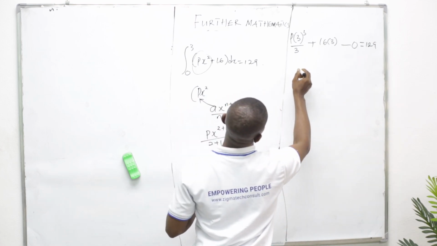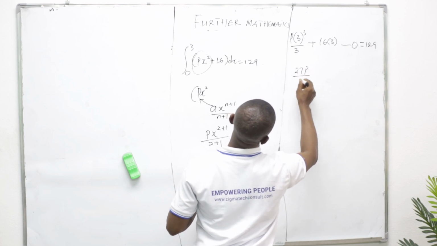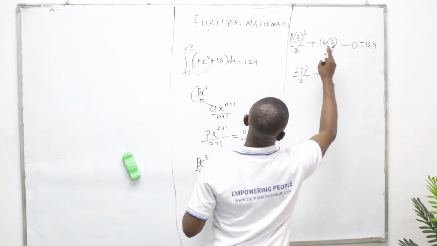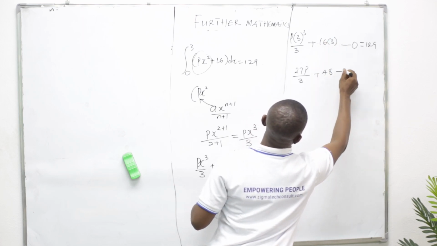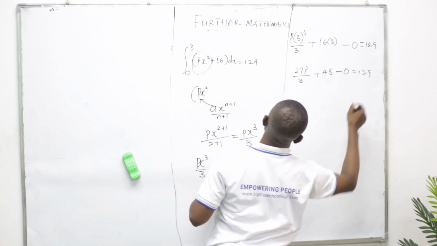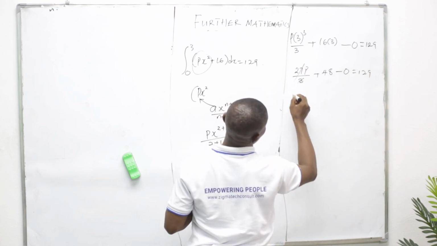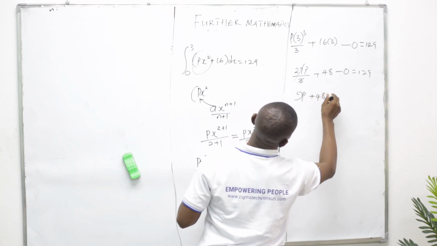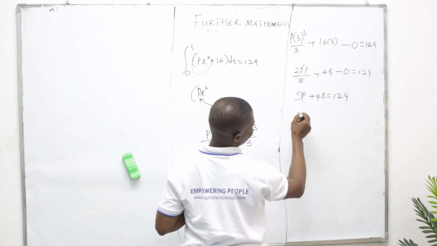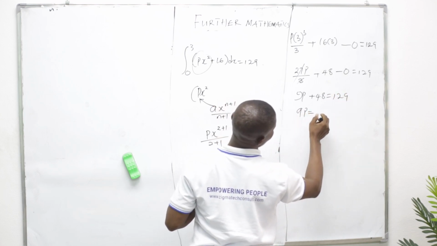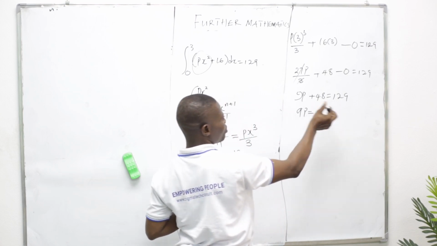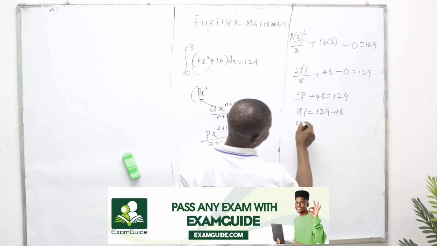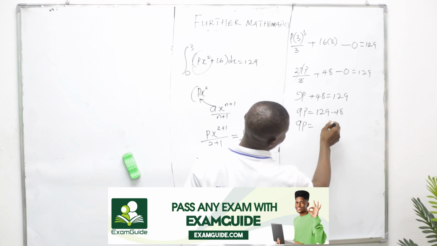So what do we do? You have this 27p all over 3 plus 48. 3 times 6 is 8, carry 1, okay? That is 48 minus 0 equals 129. I can divide this to give me 9p plus 48 equals 129. 9p equals, if I subtract 48 from both sides, I will have 129 minus 48. That's 9p equals, this is